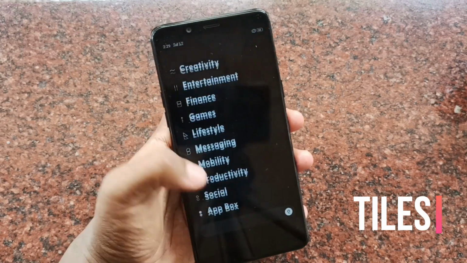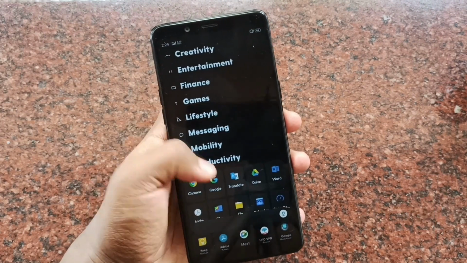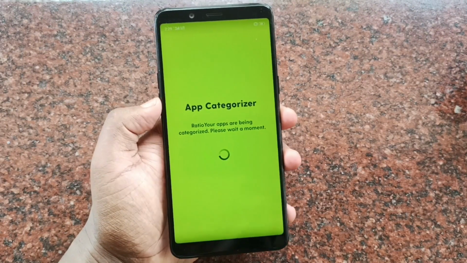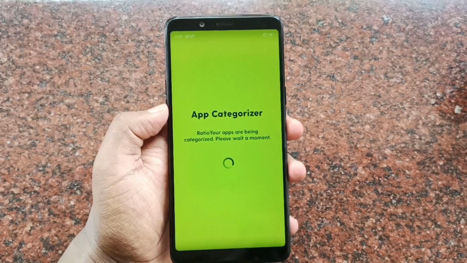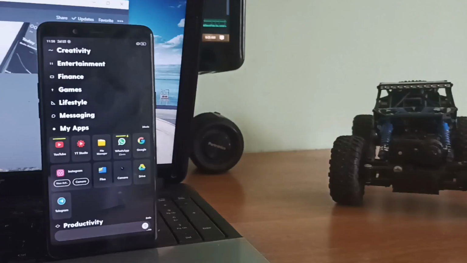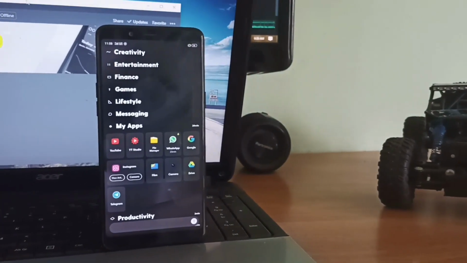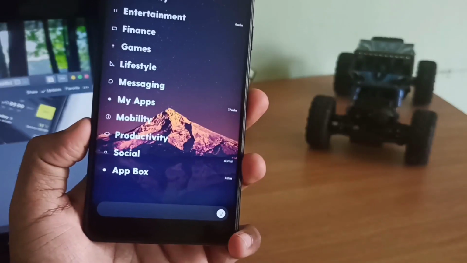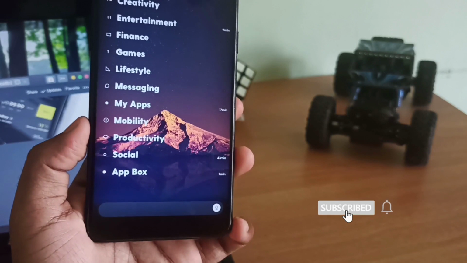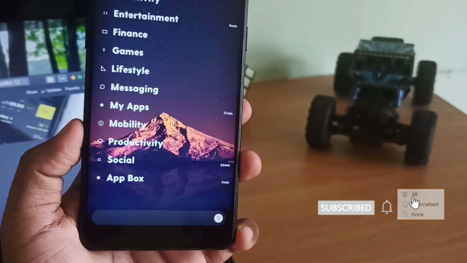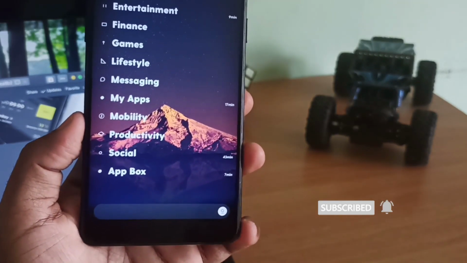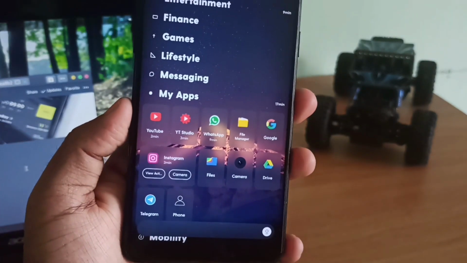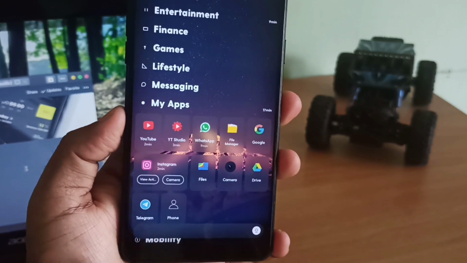The tiles view or tiles page is basically your main home screen, which consists of the app drawer. Here Ratio automatically categorizes apps based on what's most relevant to you, and you can also create your own app drawers. Now, as I said before, one of the main objectives of Ratio is to make people aware of how much time they spend on their phone, and for that Ratio has some features like here. Each app drawer shows the time that you have spent on the apps inside it. And now on clicking any of the app drawers, you can see that each app also shows the time that you have spent on it.